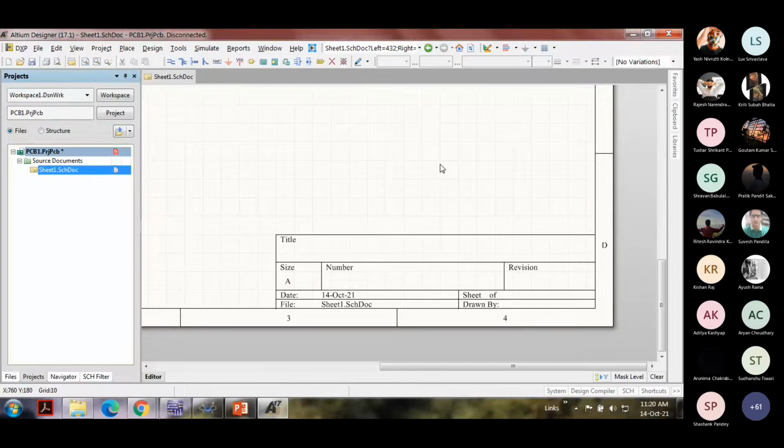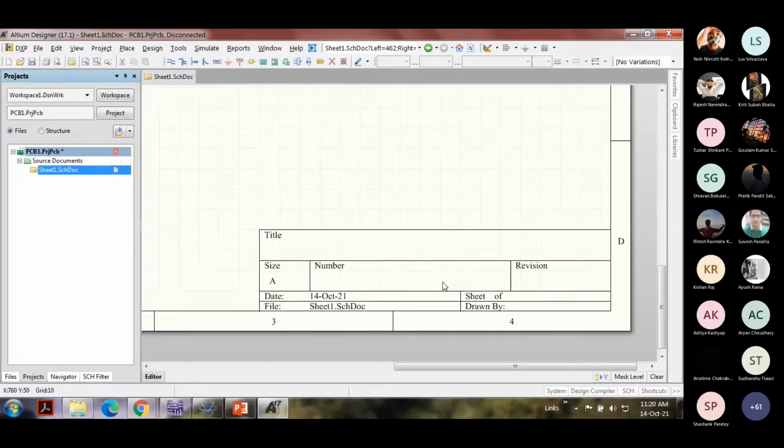So what you have to do is write the title over there, the number, revision number, the number of the sheet, drawn by, sheet number, date and all those kinds of things. This is very, very important. Have you done engineering drawing or engineering graphics?